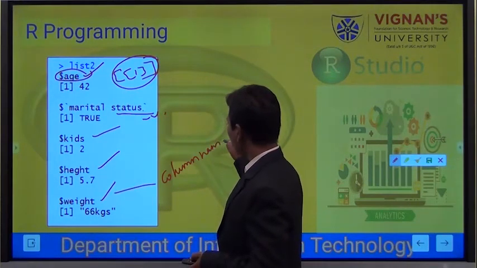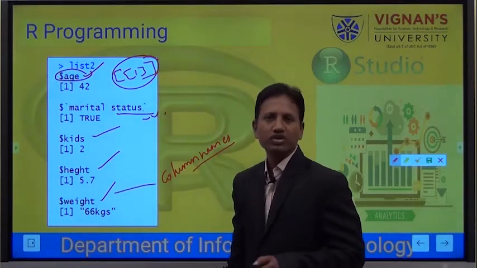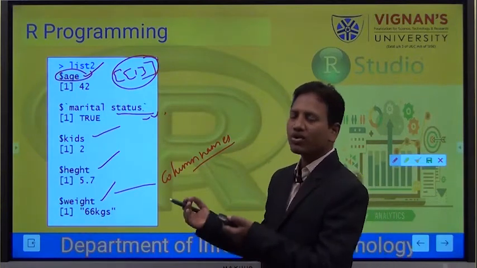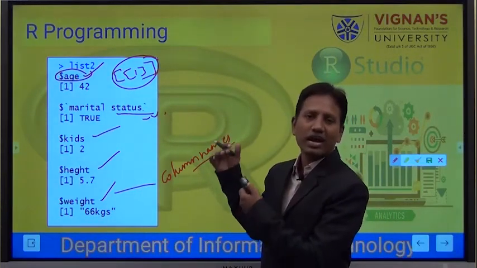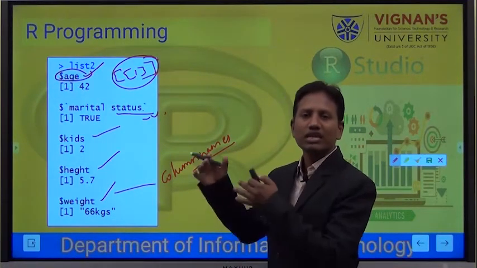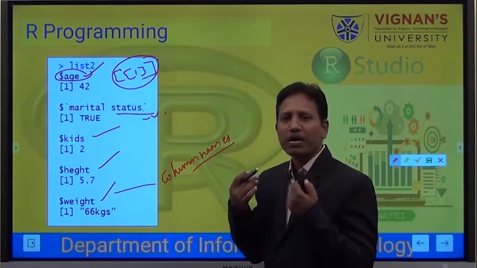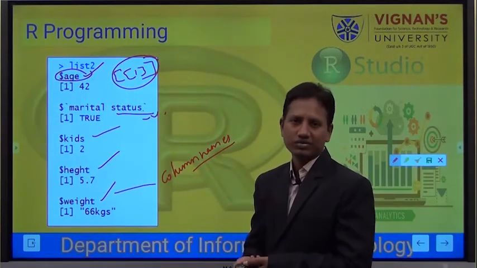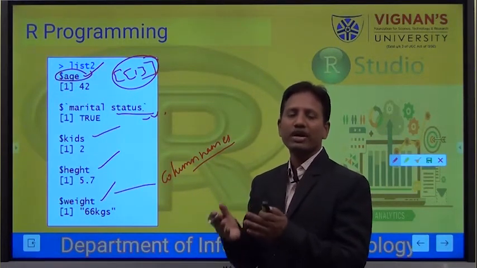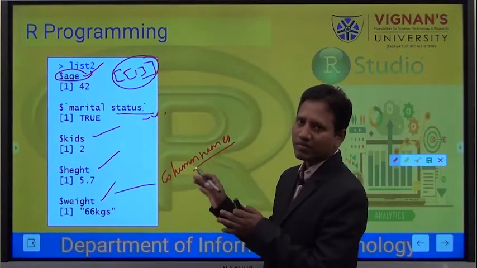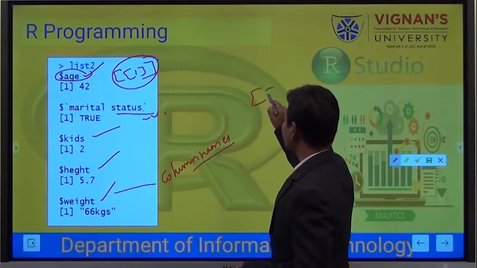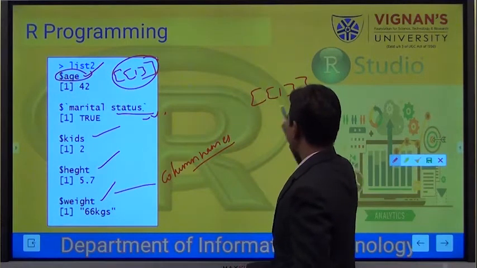So while creating a list, if we pass the column names, it is going to represent the list items with the column names or list item names. If we do not pass any names to the items, then the list itself gives us predefined item numbers, and it is going to represent them with those item numbers, generally represented with double brackets in this format.